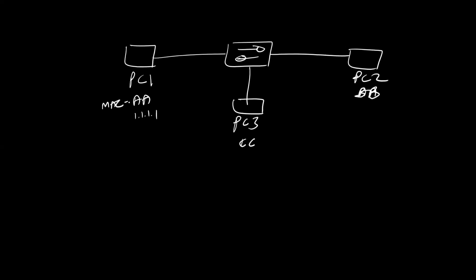This is a MAC address, layer 2 address. This is an IP address, layer 3 address. This is a MAC address, layer 2 address. This is an IP address, layer 3 address, say 2.2.2.2. Also, this has a MAC address, layer 2 address, and an IP address, layer 3 address, say 3.3.3.3. Now,